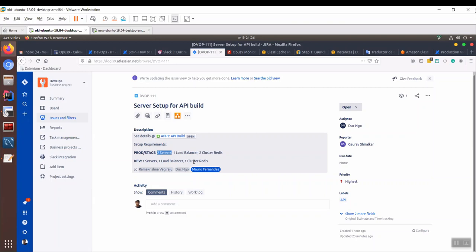Select the instance, make a snapshot, then create a new instance from that snapshot. And when it's up and you are logging in, change the host name, I don't know what we'll call it, maybe API1. Ask Rama what the host name should be, and then check the Nginx configuration, and okay.